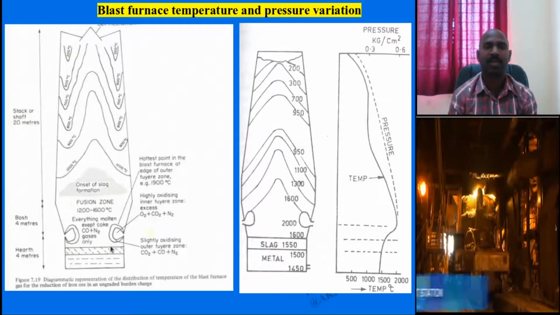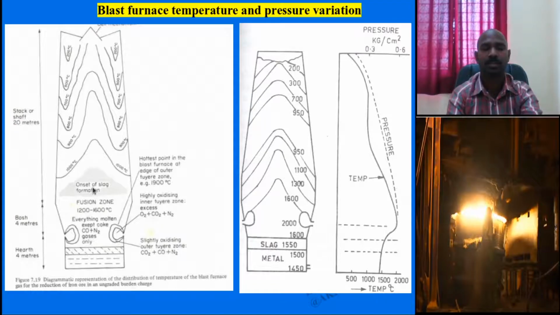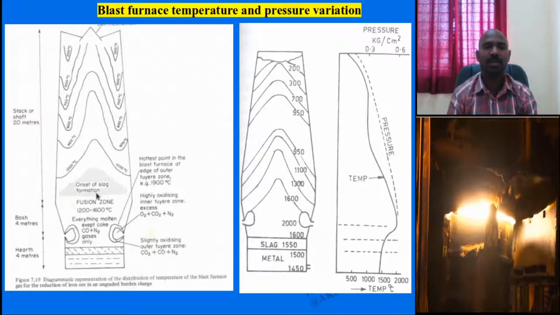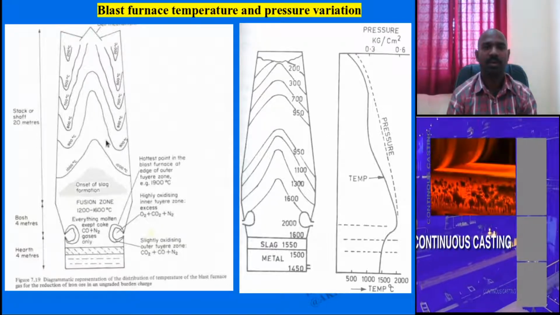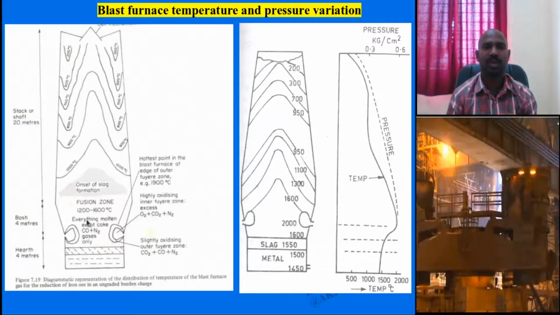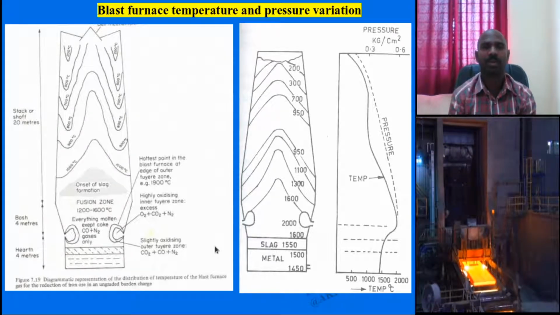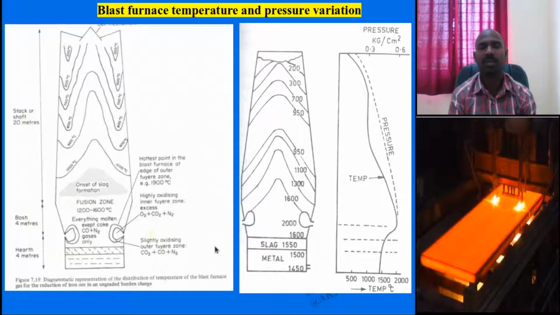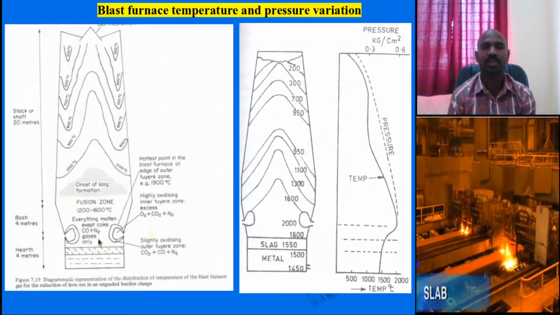near the Bosh zone. Within the Bosh zone, which is the melting or fusion zone, the slag formation starts, and after this the molten pig iron starts to form, and everything converts into the liquid state as it descends into the Bosh zone, except coke, CO and nitrogen gases, which remain as gas only, which you can understand near the tuyere zone, which is above the hearth zone.